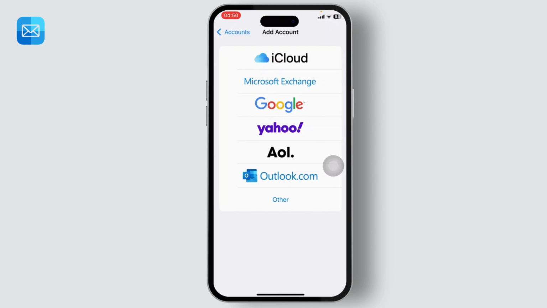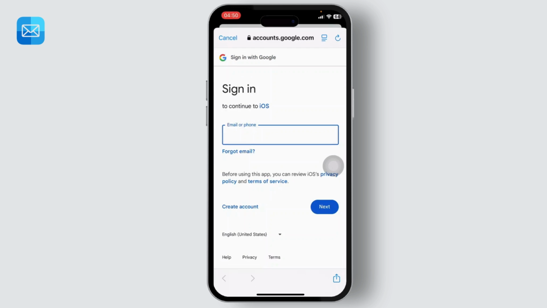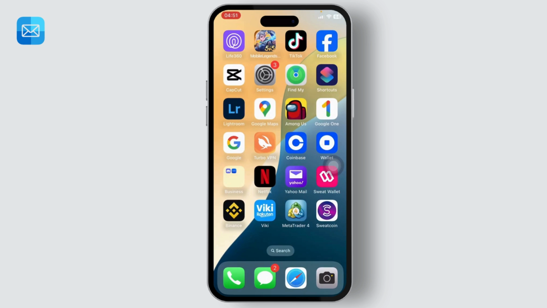Now from here, choose which account you want to add. If you want to add your iCloud, you can tap on iCloud. If you want to add a Google, tap on Google, and so on and on. I'll just tap on Google. Now simply type in your email and then tap on next, and then type in your password, and you're good to go. So that is how you can add mail account on your